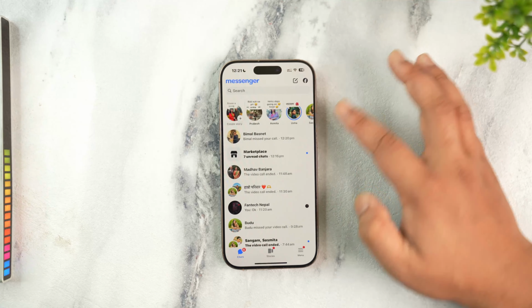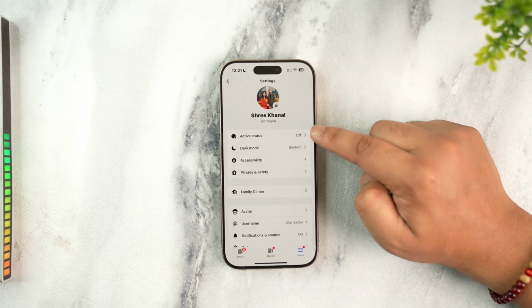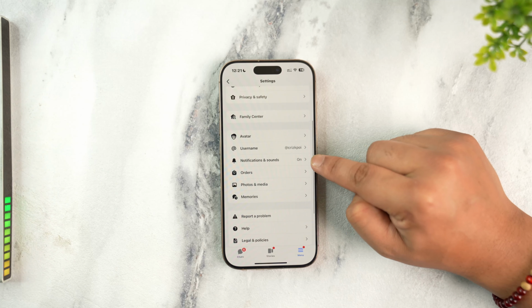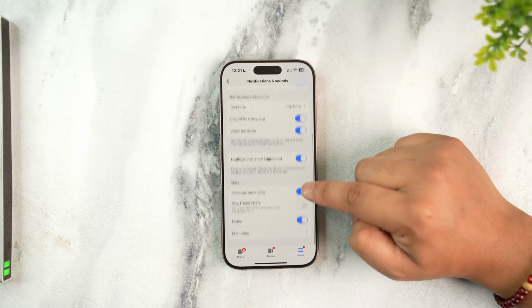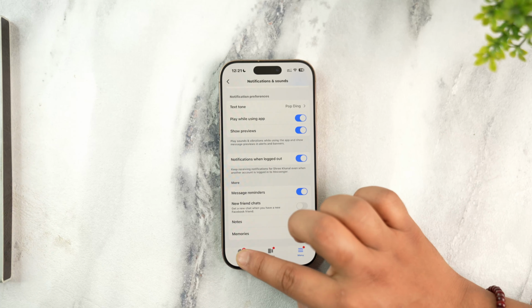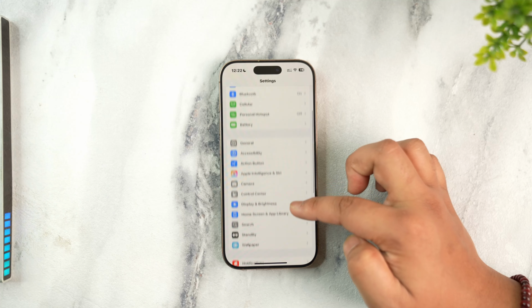But if you're not receiving on the Messenger app as a whole, go to menu, then simply go to settings, and here look for notifications and sounds and tap on it, and make sure to turn on all of these notifications right here. Another thing you can do is open up the settings app manually, then you can